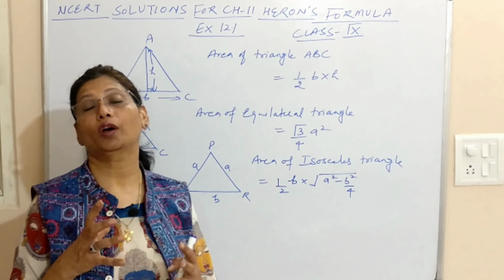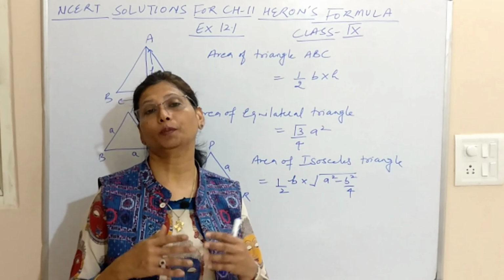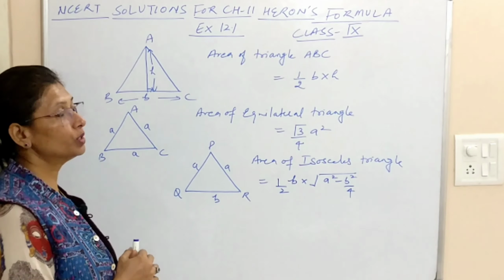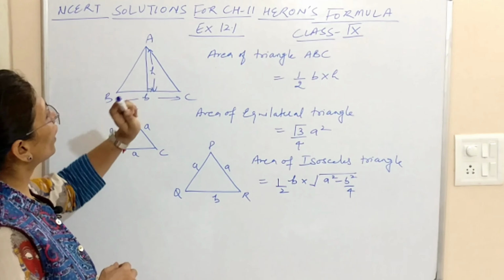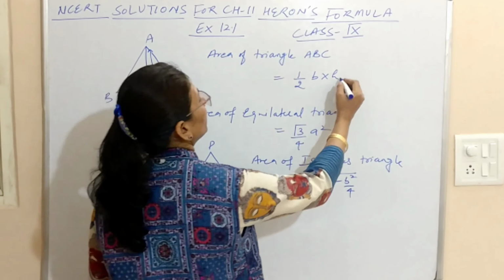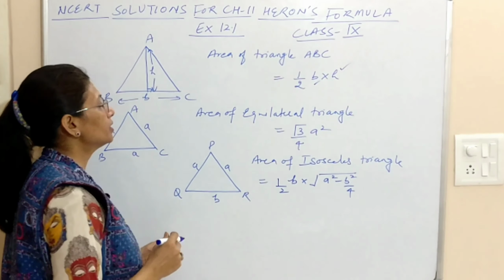हमें Heron's formula, why do we need Heron's formula? जब हमारे पास already इतने सारे formulas हैं. Okay, I'll tell you what is the need of using Heron's formula. So area of triangle, otherwise the simple method is half base into height. ठीक है, height आपका क्या रहता है, altitude रहता है, B stands for the base.